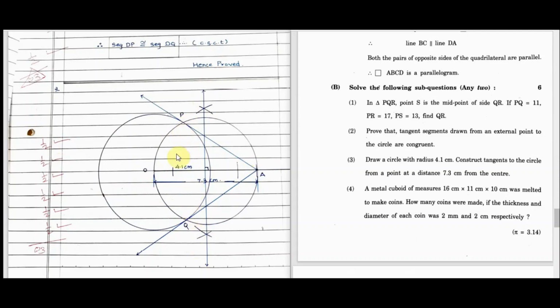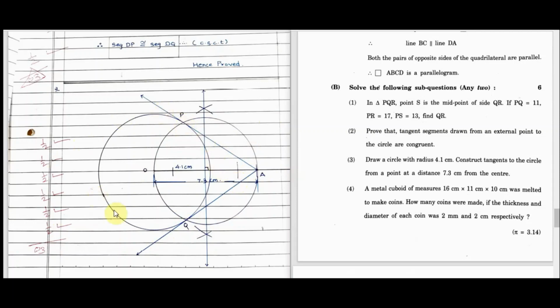Here these are P and Q. You have to draw this circle. If you draw the circle it is well and good, or if you draw only this much part, that will do. Okay, and label it P and Q, that is half mark. And lastly drawing AP and AQ, half mark for AP, half mark for AQ, you will get 3 out of 3. Like this the construction marks are distributed.